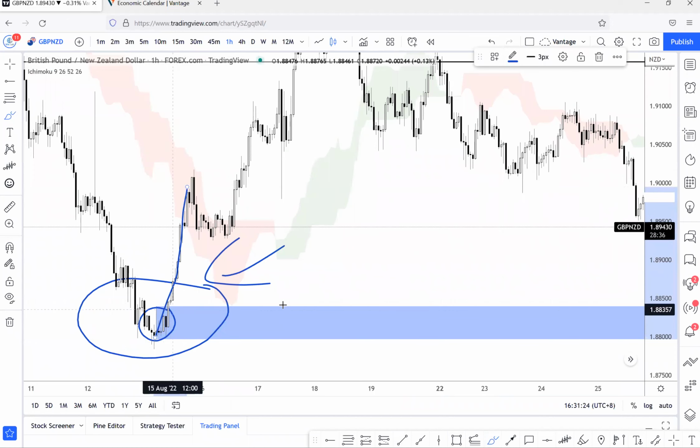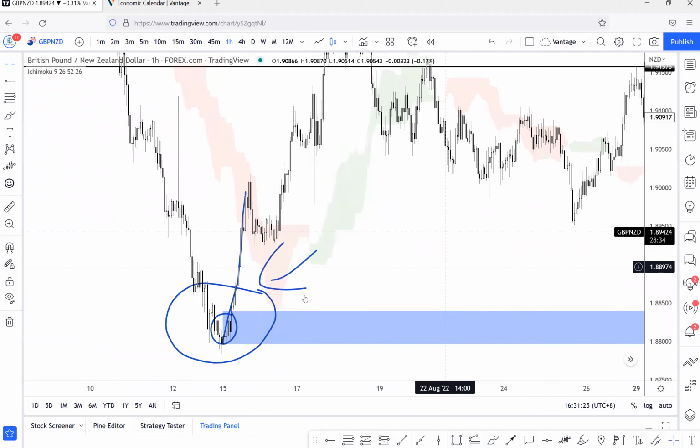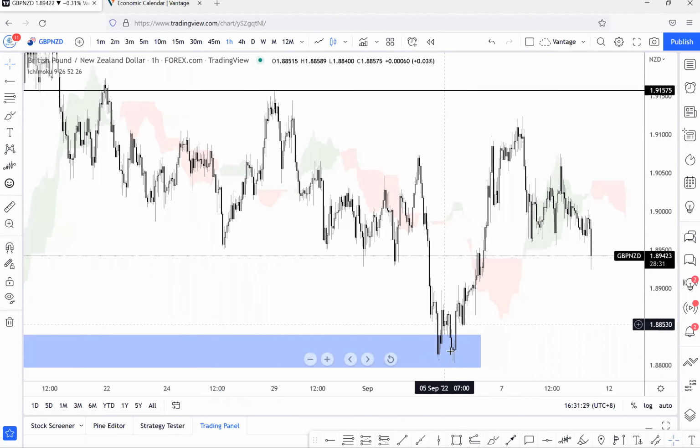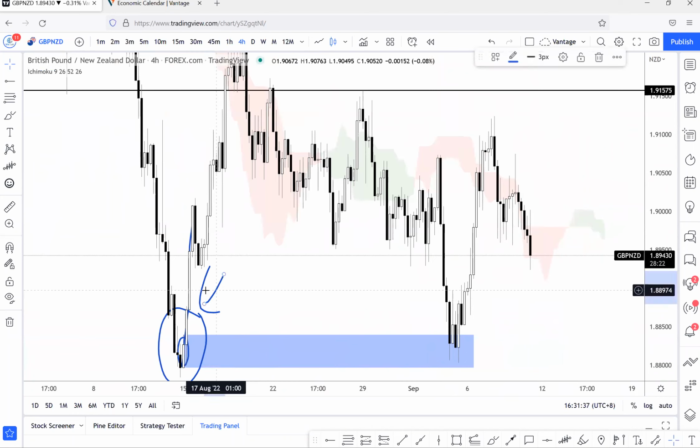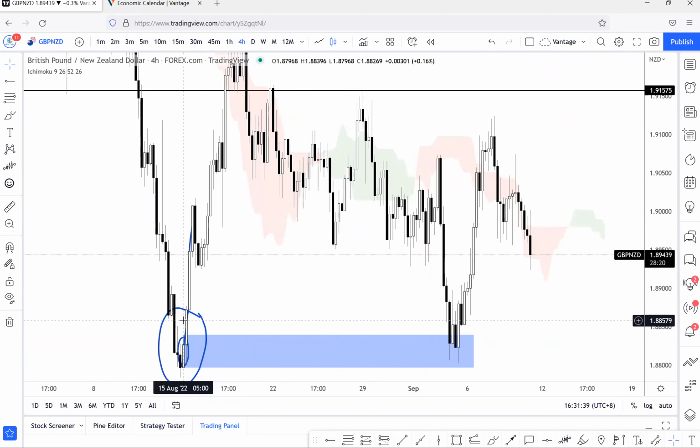And if you go to the right of this chart, you can see that essentially this region then serves as the demand area, which price came in to retest this area again here. So this is currently the support area. So let's go back to the H4, right? Because this is where we picked the candle off earlier on. So once we have this on the H4 time frame,